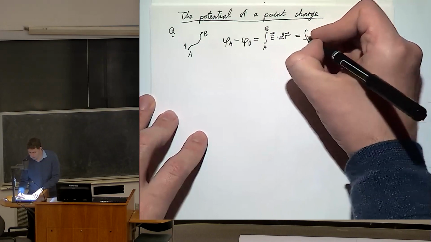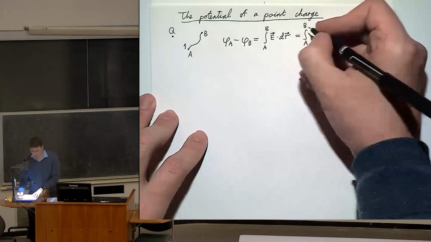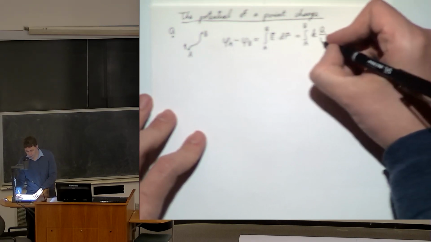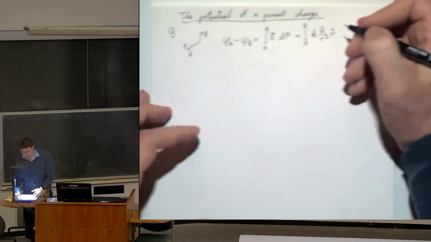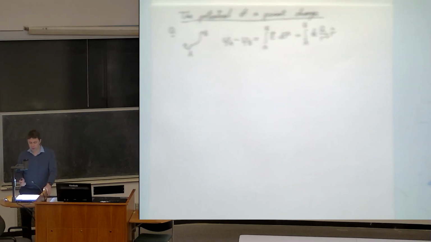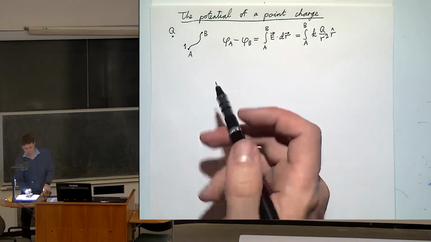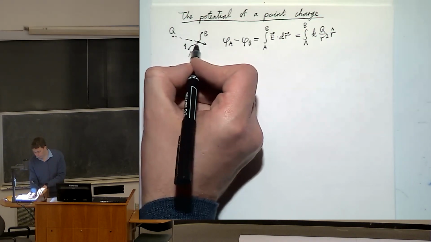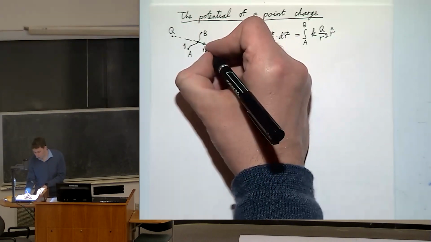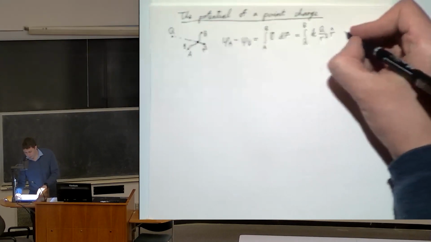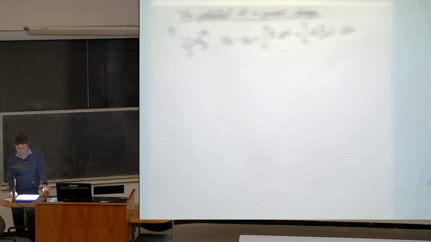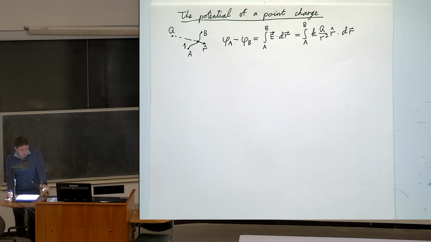Well, I'll plug in the electric field of a point charge. It's going to be kq over r squared r hat. Now that's the unit vector that connects charge q to, pointing from charge q to the point under consideration, dr. And we've got to take this integral, but actually, pardon me,